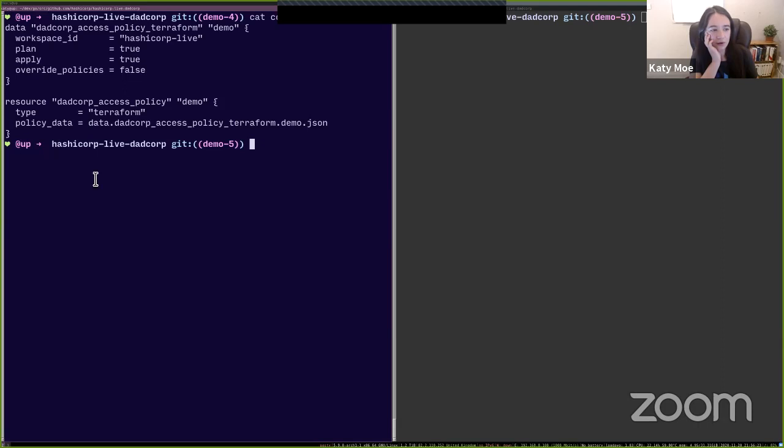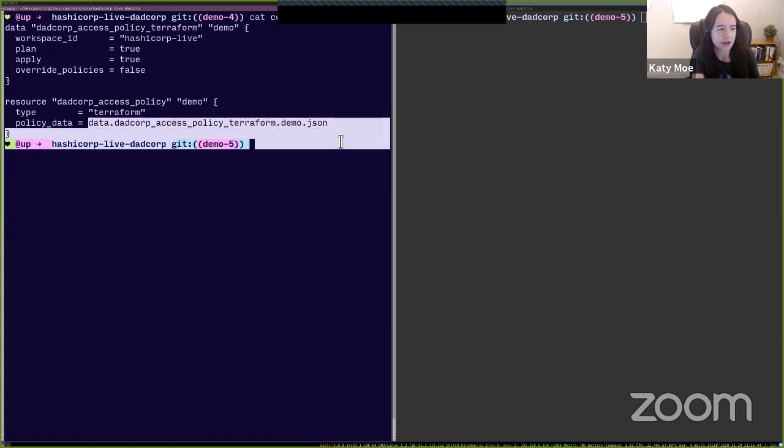But the reason this has to be done is because policy data is going to be different depending on what the type of the access policy is. So if you had Nomad here, for example, you'd want to have different values here. And there's a limitation in the current SDK where you can't have a schema that doesn't know what your object attributes are going to be called.